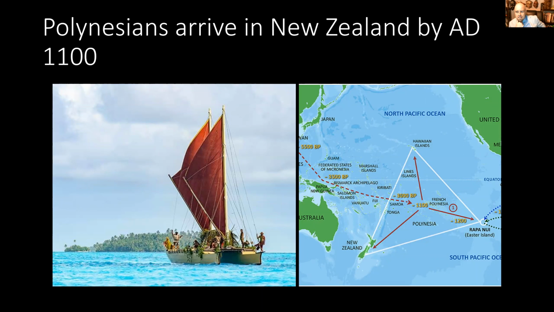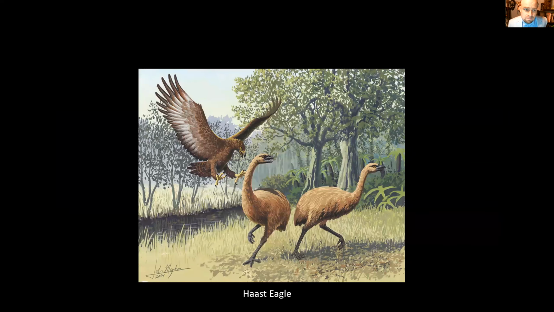They had great seafaring technology, and they brought all of these crops, so things like taro and cassava, with them. And they also brought animals, so things like pigs and chickens, and they also brought rats, which had a huge negative effect on all kinds of creatures, but especially smaller creatures, and some plants as well.